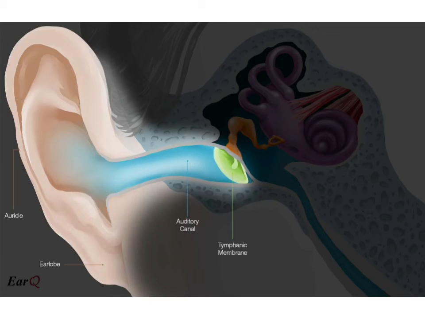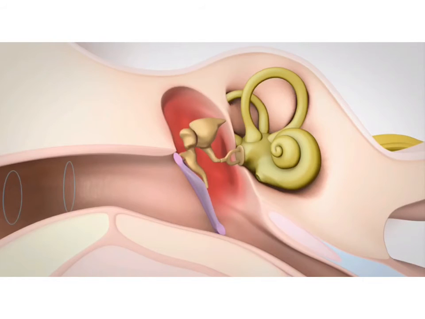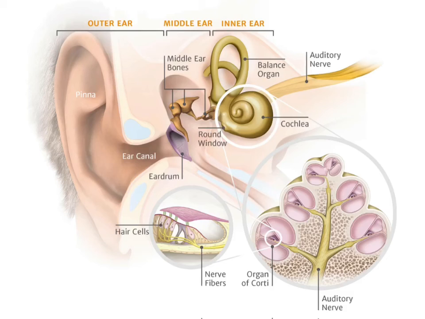The vibrating eardrum causes a small bone, hammer, to vibrate. From hammer, vibrations are passed on to the second bone, anvil, and then to the third bone, stirrup. The vibrating stirrup strikes on the membrane of the oval window and passes the amplified vibrations to the liquid in cochlea. Due to this, the liquid in cochlea begins to vibrate.